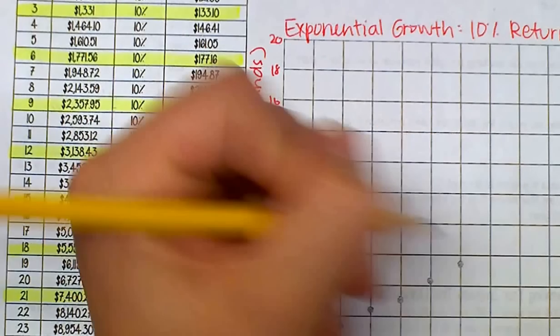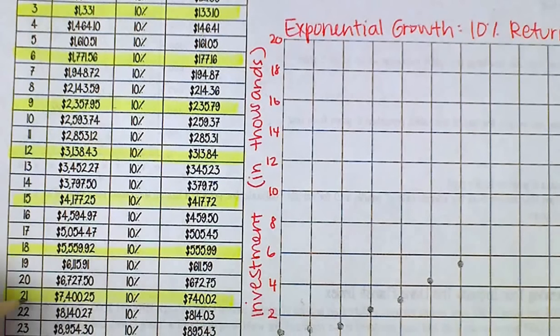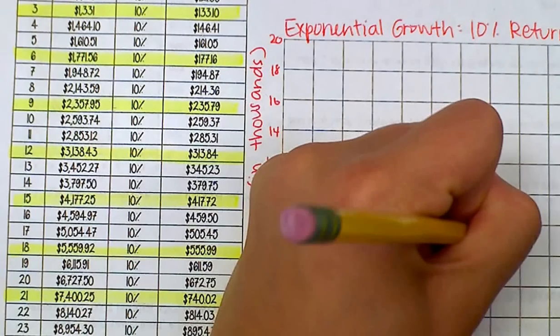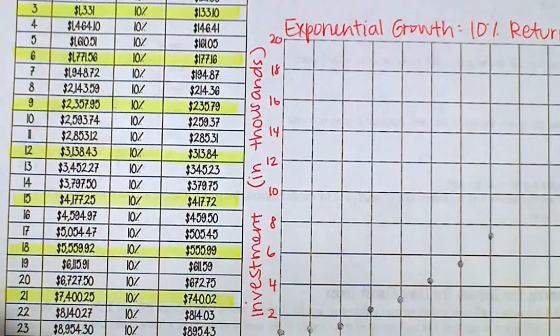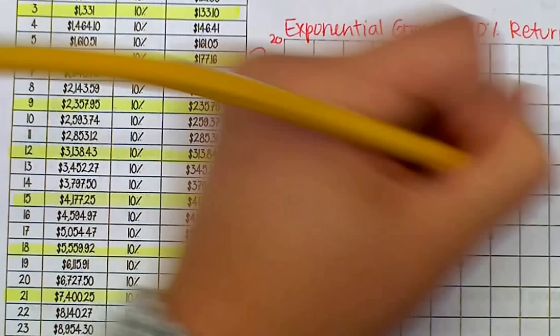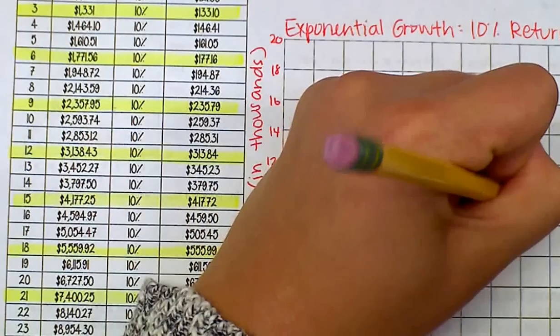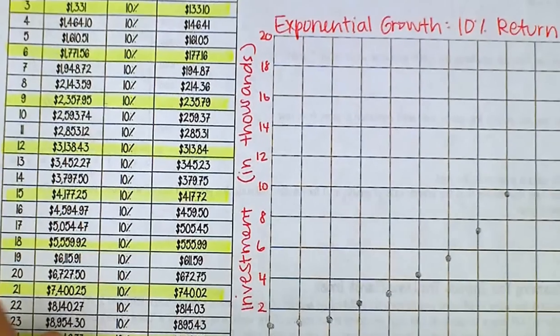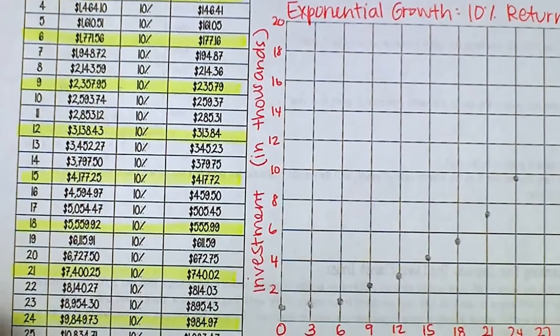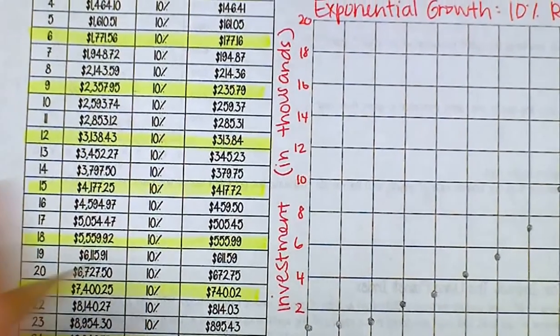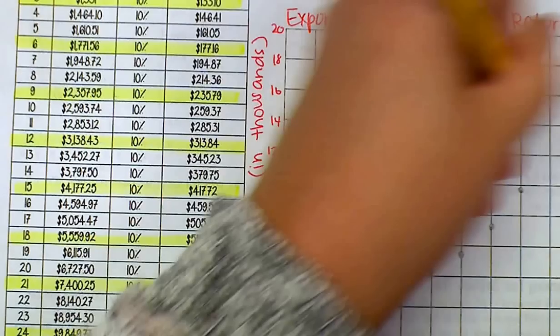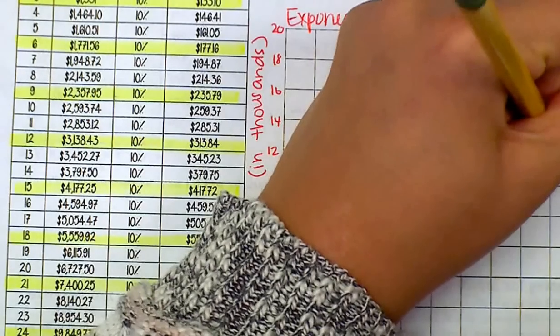Okay, year 21, I have 7,400. Okay, way up here. Year 24, I have 9849. Way up here by 10,000. Year 27, I have 13,109. And then year 30, I have